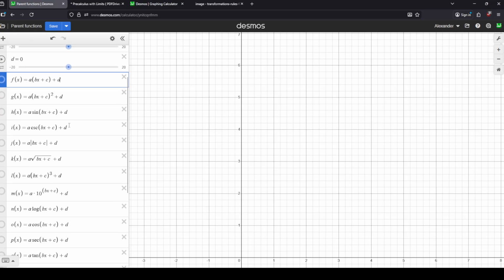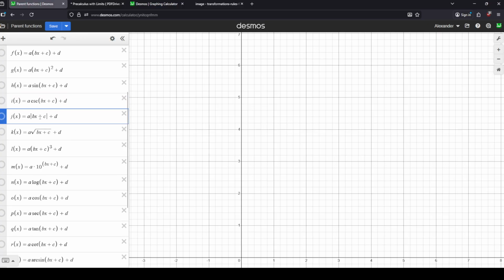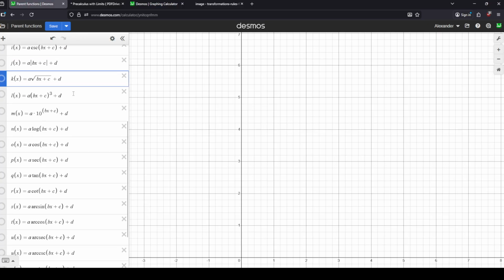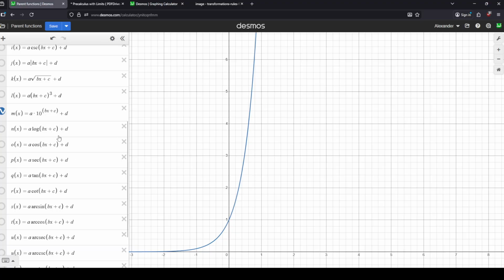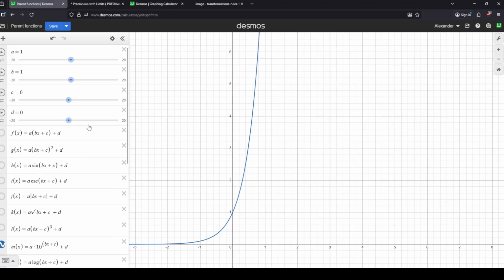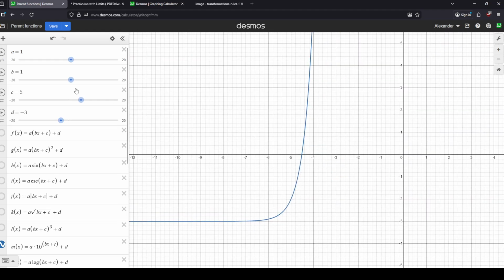This is a linear equation. This is a quadratic. Sine and cosecant, don't worry about. Absolute value, square root, cubic, exponential, logarithmic. All right, so let's look at the exponential function. Let's say we want to shift it 5 units to the left, and then 3 units down. Well, we can do that. Say we wanted to